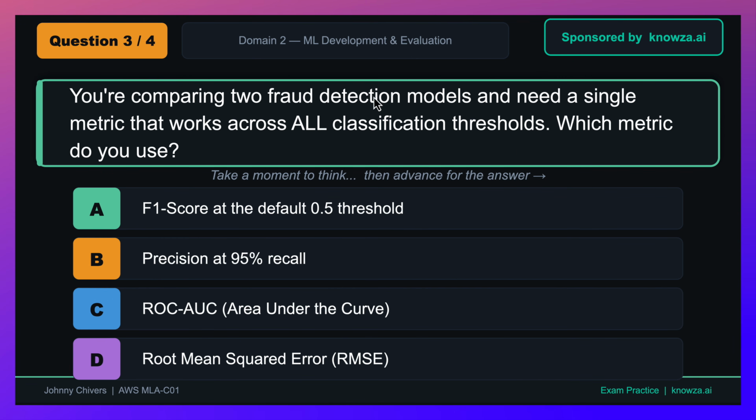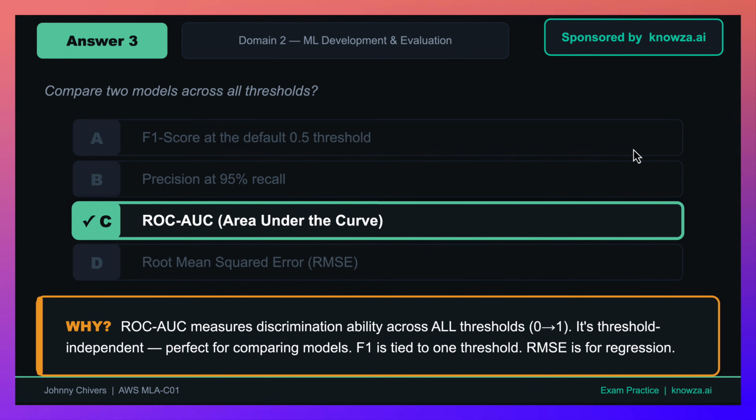Next question. You're comparing 2 fraud detection models and need a single metric that works across all classification thresholds. Which metric should you use? Again, pause the video. That's right, area under curve. Why? Because it measures discrimination ability across all thresholds. And the last one,